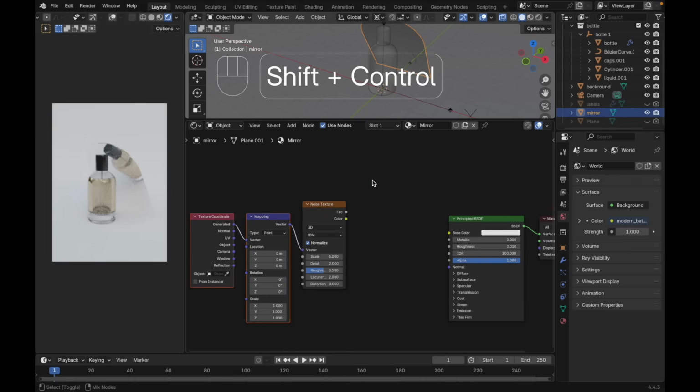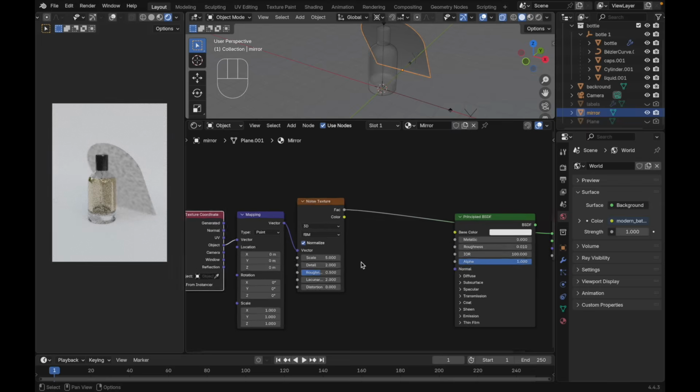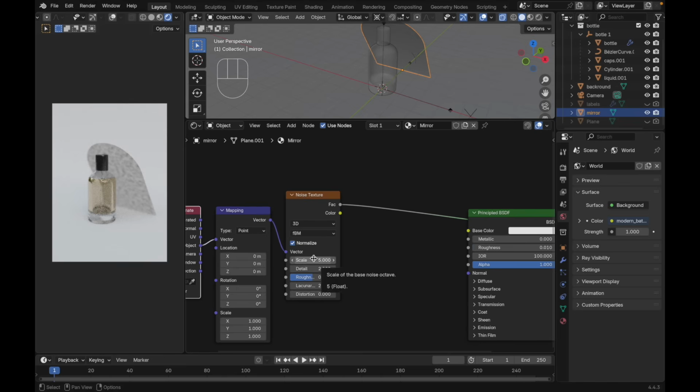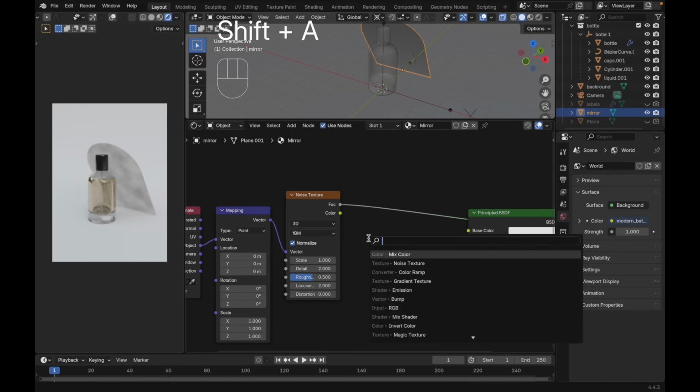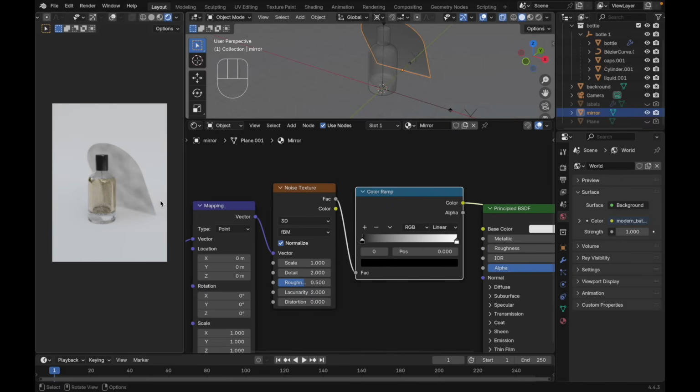You can press Shift Ctrl and click add your noise texture, so we can see the preview of the noise texture here. I'm gonna connect object here to the vector, then I'm gonna reduce the scale here by 1. Let's press Shift A, search for color ramp. Let's put it here, then we can adjust the effect of the noise here with our color ramp,